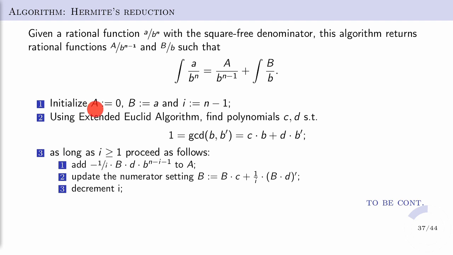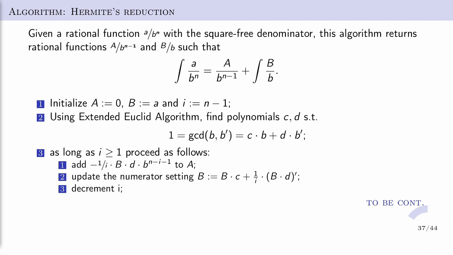So we start with, okay, 0 and a over b to the power n. So a is 0, b is a. And I will start with the exponent with the index n minus 1, so just the next exponents we will produce. And as I did on the previous one, just 2 minutes ago, we use the extended Euclidean algorithm to find the Bezout coefficients C and D such that the linear combination of C times B plus D times B prime is 1. And as long as we have an exponent greater than 1,